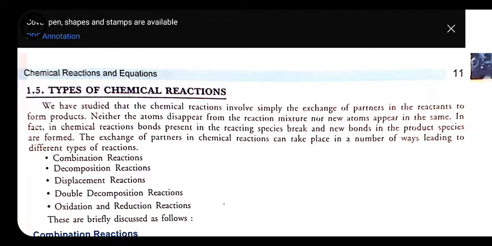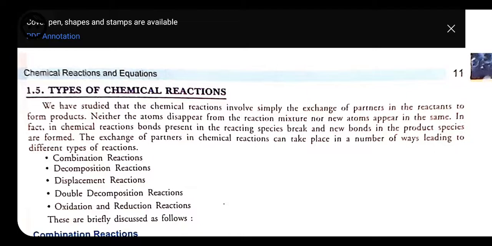Okay, so here we are going to do the revision for the pre-mid term examination. Balancing of chemical equations we have already done. Now we have to start with the types of chemical reaction. So here we know that there are 5 types of chemical reaction, because whenever we add two substances, there is making or breaking of bonds, and a new product is going to form. So on the basis of this we have different types of reactions.